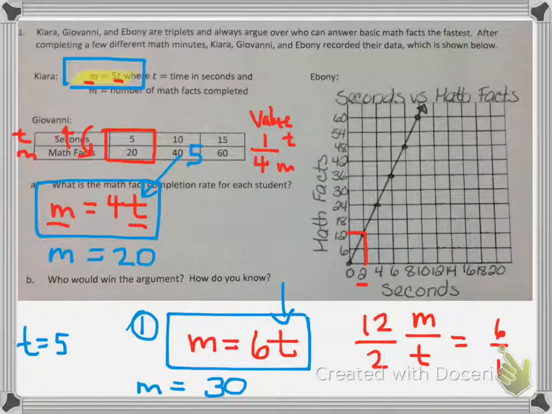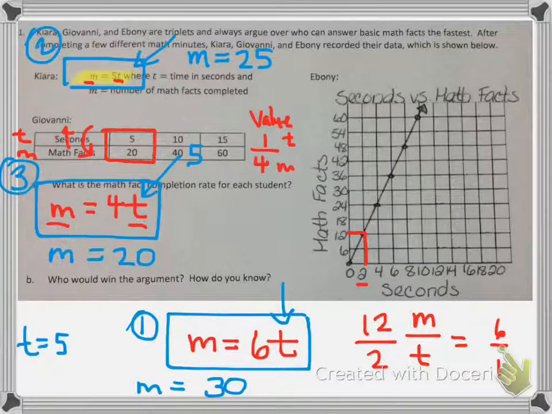Giovanni would not do as many as Ebony. And let's check Chiara. If we put a 5 into Chiara's equation, 5 times 5 is 25. So the math facts would be equal to 25. And we can still see that Ebony would complete 30 in 5 seconds. Chiara would be number 2 by completing 25 in 5 seconds, and Giovanni would be number 3 by completing 20 in 5 seconds. So equations can allow us to compare